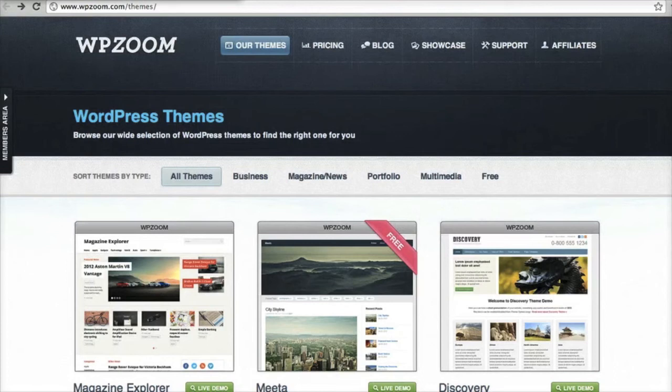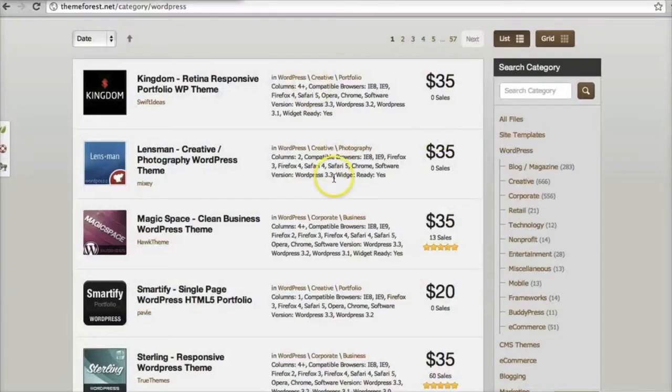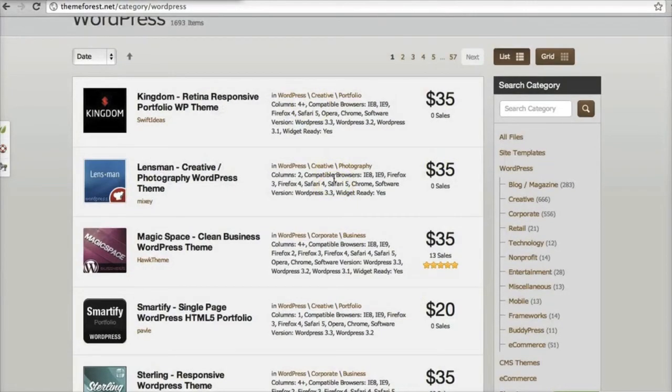And finally, reducing this to the bare minimum, we've got WP Zoom. They've gone with business, magazine/news, portfolio, and multimedia. I think these four pretty much sum up the dominant clusters or groupings of themes, the dominant categories, right? So this is the one model, the diversification/niche model. Each theme being produced for this model is to some extent having to fit within one of these categories.